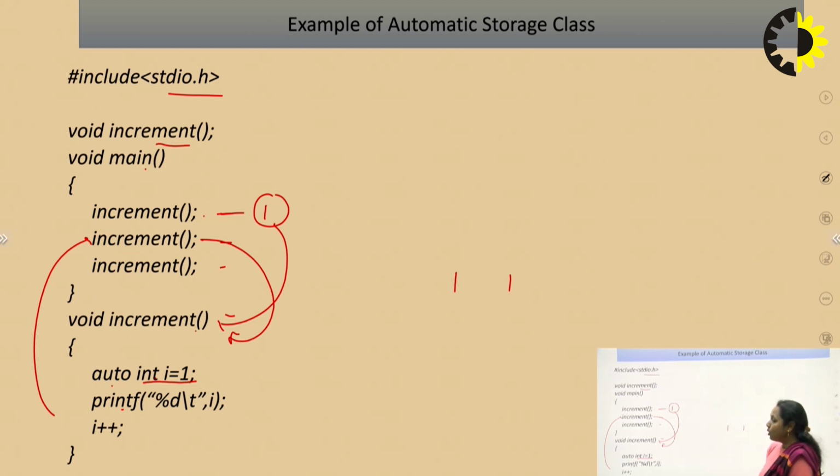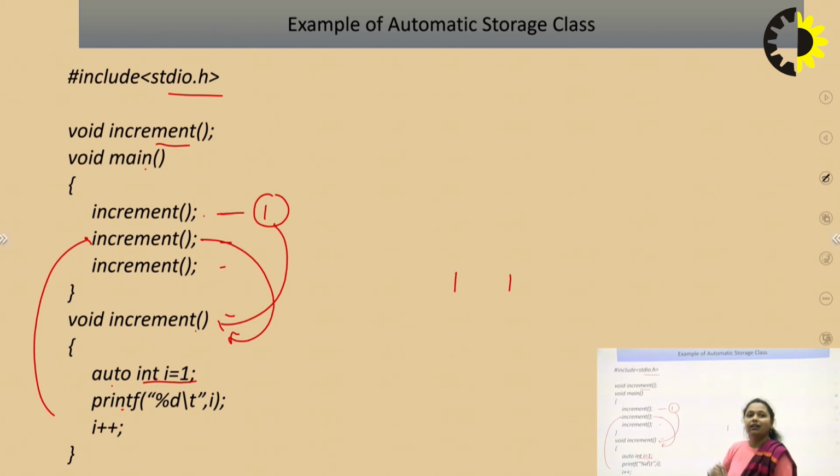Because the scope of a variable as per the automatic storage class is confined within the function in which it is declared or defined. As I is declared within the increment body, its value is retained only within this particular function.